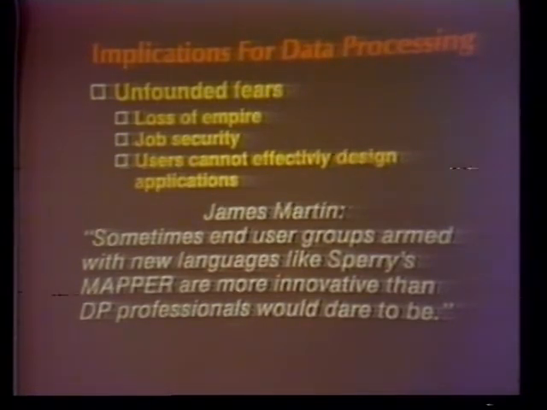This was our first customer that bought a Mapper system back in 1975. And this was an operations group of people in the rail yard in Chicago that needed real-time control of waybilling, car inventory control, and forming of trains. And they were getting a very slow response from their conventional DP in getting it done. They were shown this, and the operations people, these are the people in the rail yard, decided that they could use this system to develop their own applications. And they did. They were our first customer, and today they're our largest customer. And they are now controlling over 100 rail yards with this system. And as James Martin has indicated, that is the world's largest user-designed computing system, and it certainly is.